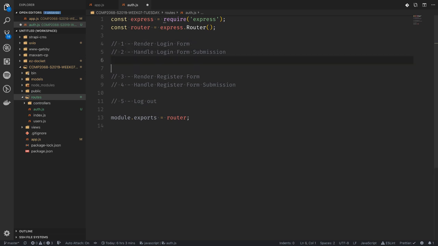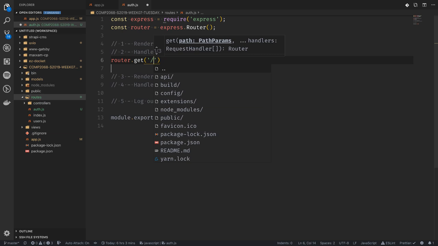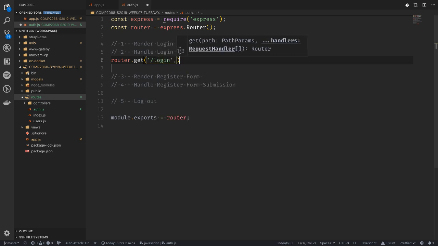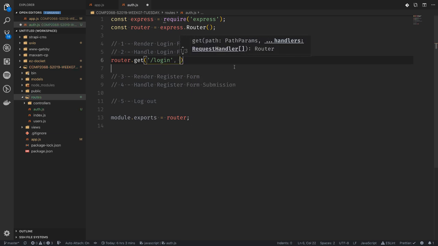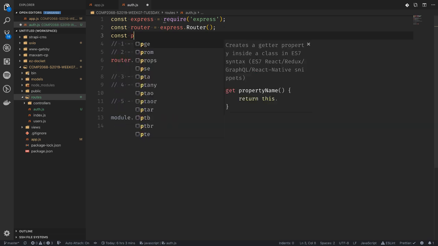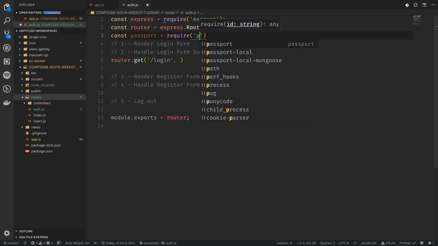So for our route, router.get, we are going to be handling our login at /login. And actually, I don't do that part yet. The thing that we actually do inside of our login is, instead of doing the regular middleware that we always do with request and response, this is where we end up actually using that passport that we registered in our app. So if we require in passport at the top,